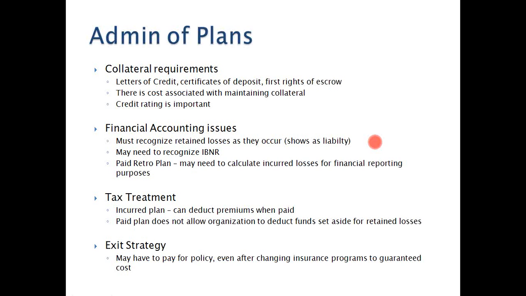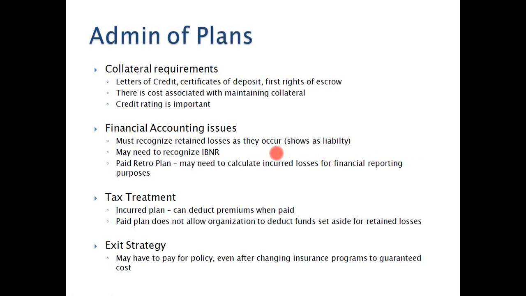You may also need to recognize IBNR, meaning that these claims may exceed a certain point. So even though you're only paying, let's say, on the $700,000, you pay $200,000, that claim may grow over a period of time. So you're still going to need to recognize the potential for the IBNR on your financial accounting. And then under a paid retro plan, you may need to calculate incurred losses for financial reporting purposes. So even though you're only paying out that certain aspect, the incurred losses, you may still need to take that into account of what the total liability really is to the organization,